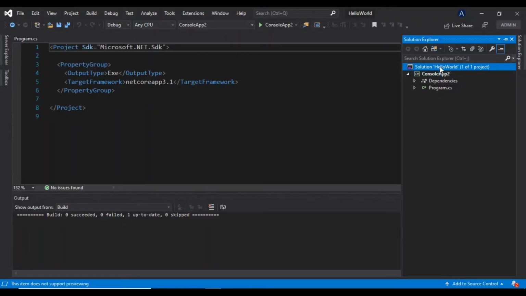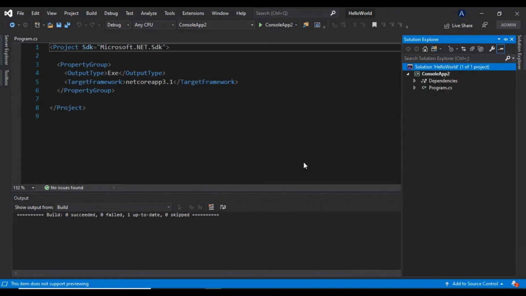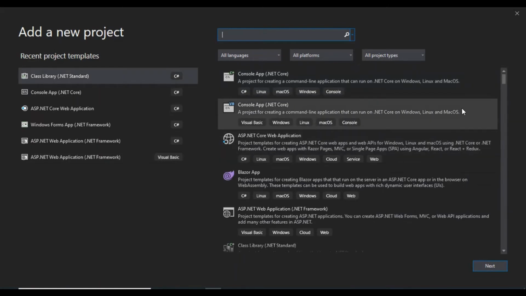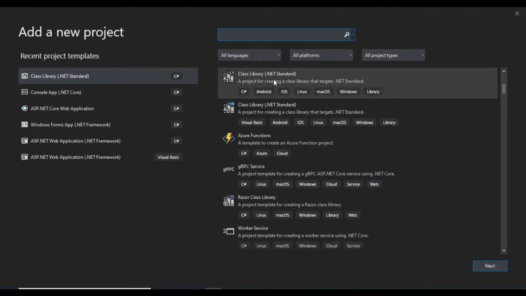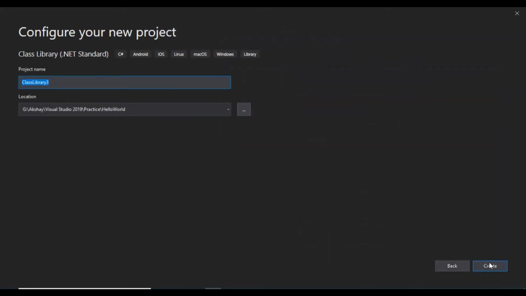Just right click on solution, add new project, and we'll choose a class library project from here, which has language C#. Next, create.